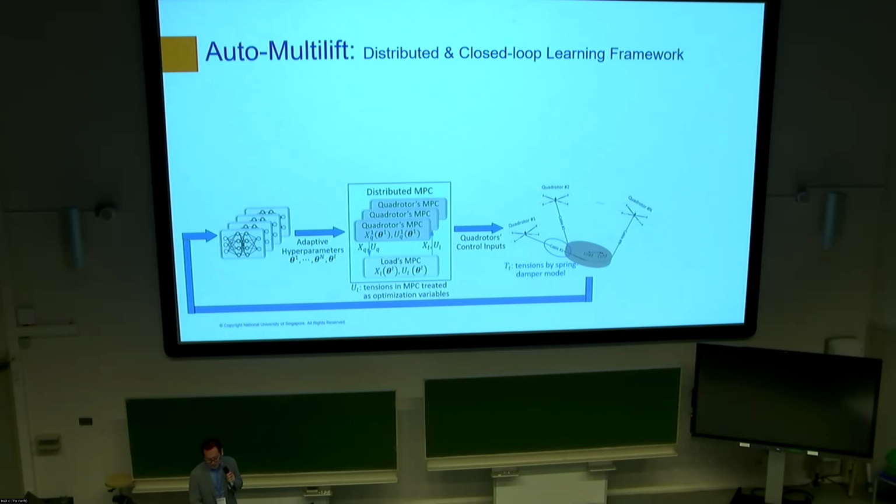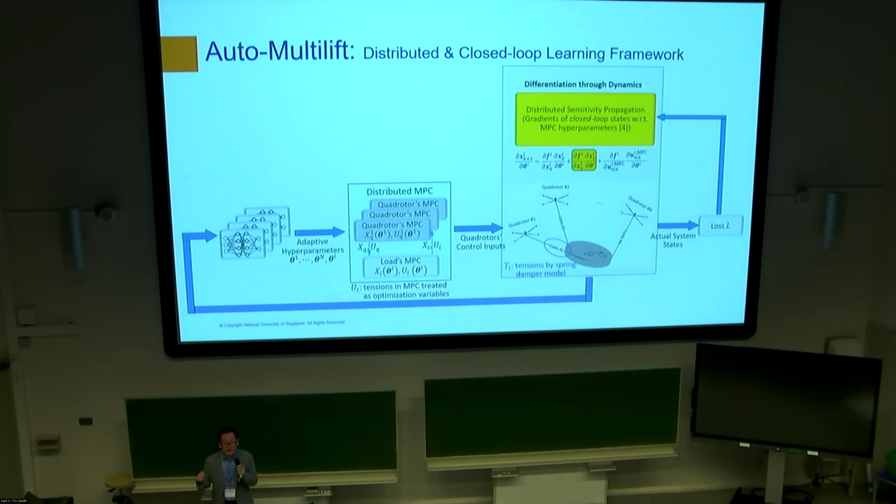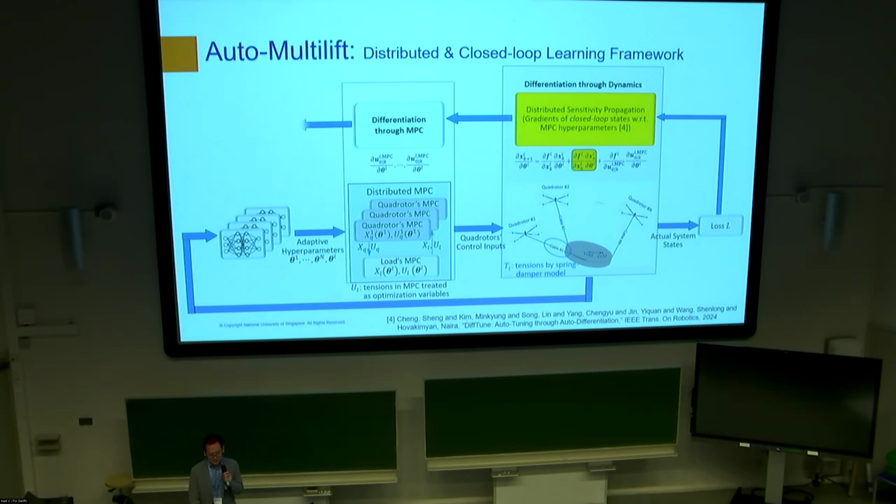Before, we only propagate starting from the optimal solutions outputted by the MPC. But now, in order to bridge the gap between the MPC model and the simulator model, we propagate starting from the actual simulated states from your simulator. So here, the loss, again, can be your trajectory tracking error. And first, we need to differentiate it through the real dynamics using the real measured states from the system, from the high fidelity simulator. And then, just as before, we differentiate through the MPC and then differentiate through the DNN. And then we tune the neural network of each of the quadrotors and the load as well.